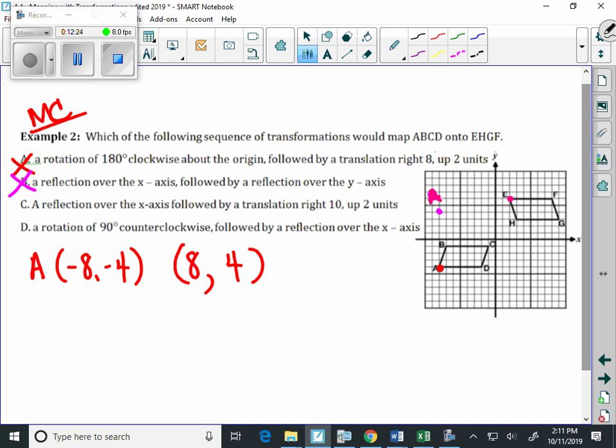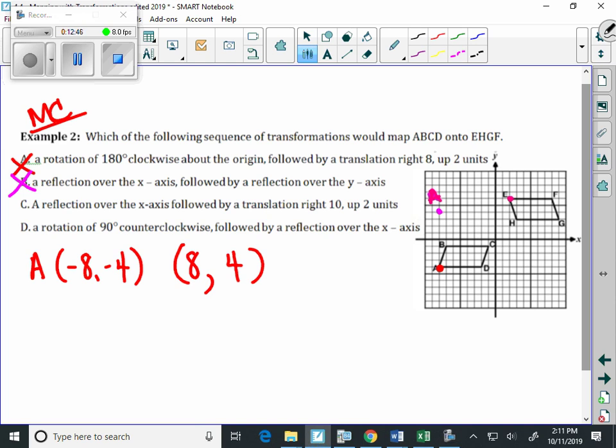Did A map to E? Yes. Keep in mind that the OST is tricky sometimes. You can't just find one value and go, oh, I'm right. We've got to test a couple more. If we look at letter C here, C is,